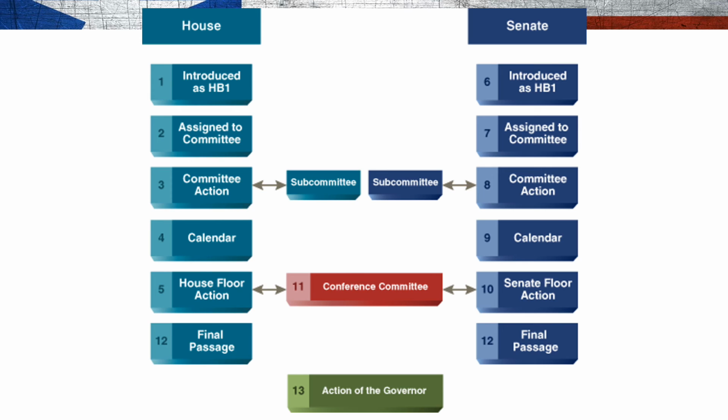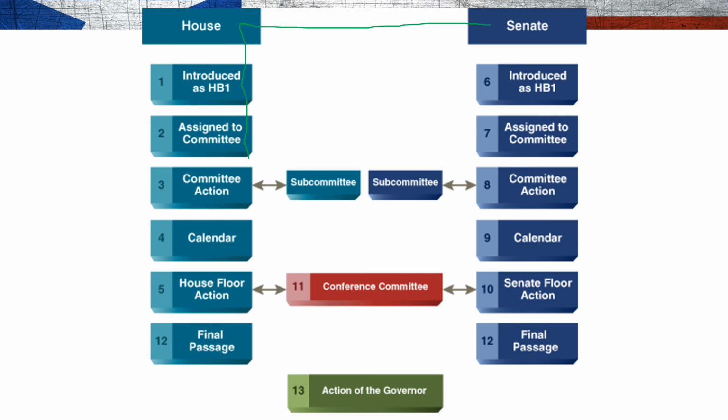Sometimes a House of Representatives member and a senator will work together, and they will each introduce a bill in order to speed the process, because otherwise the bill has to be introduced in the House as a House bill, assigned to a committee, which is assigned by the Speaker of the House or the Lieutenant Governor. Here it would be the Speaker of the House. It would be assigned to a committee based on its content. So is it a bill about farming? We'll assign it to a farming related committee.